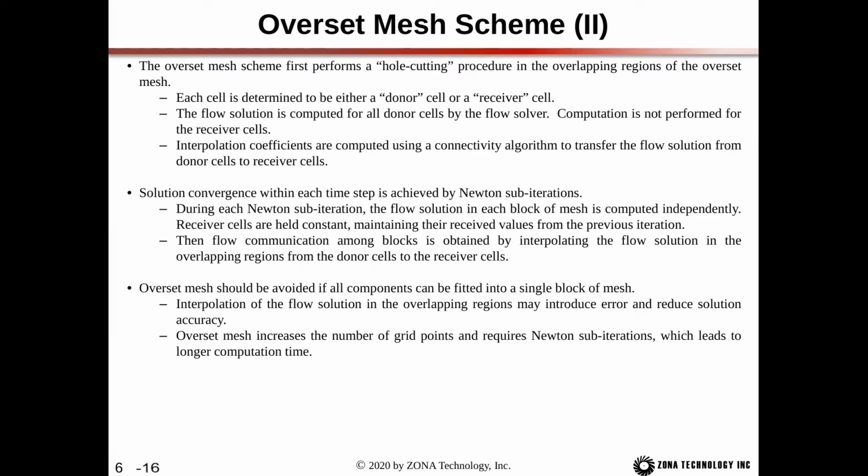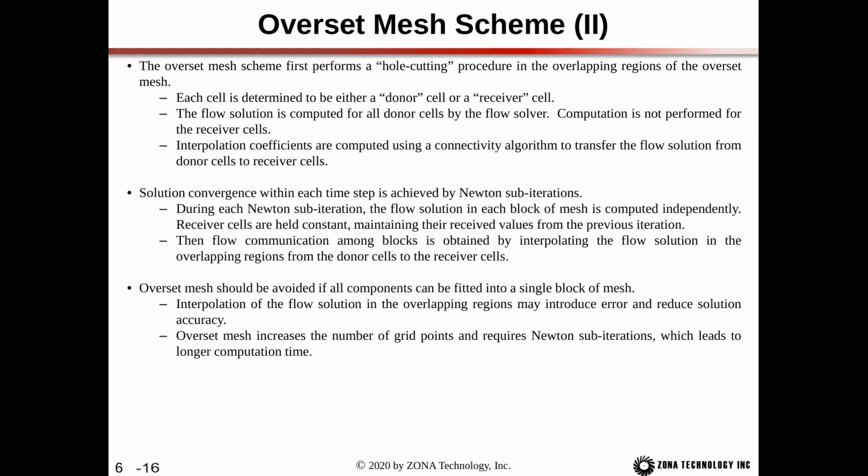And then, after each Newton subiteration, the flow communication among the blocks is obtained by interpolating the flow solution in the overlapping regions from the donor cells to the receiver cells. So in this way, you can see that as we converge, the flow will become converged, where the influence from the inner block is seen in the outer block, and the influence of the outer block is seen on the